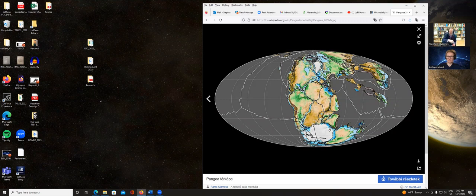Then something interesting happened. There was a development of submarine navigation. And you might be wondering, what does submarine navigation have to do with Pangea and continental drift? Well, imagine you're in a submarine underwater for days or weeks at a time, and you cannot surface.